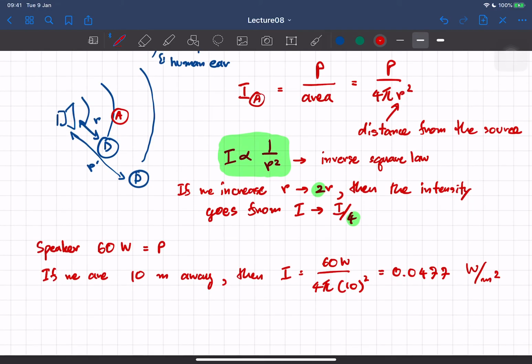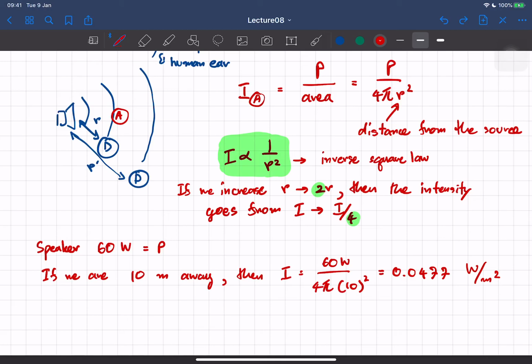And we're not going to stop here because in reality, we are interested in the sound intensity or the loudness of sound that we can hear. And we want to have some number to describe how loud it is. The intensity itself is fine. We can use this number. If this number is high, then it's louder. If this number is low, then it's going to be softer. That's perfectly fine. But the problem, and this is coming really just from the engineering point of view,